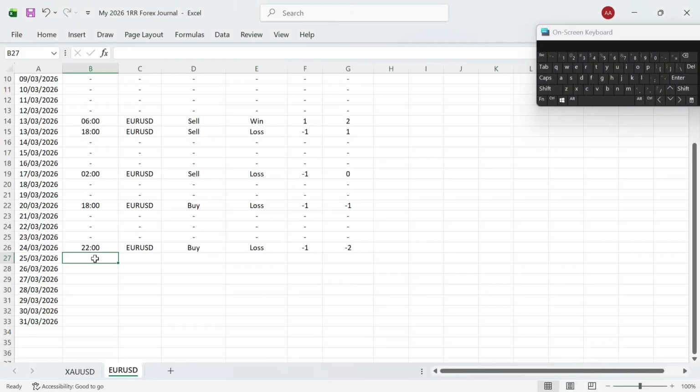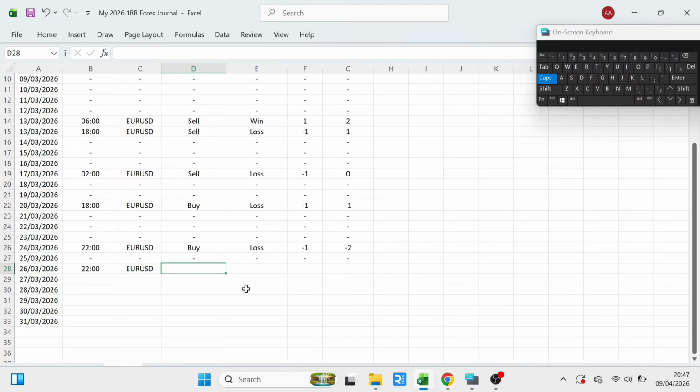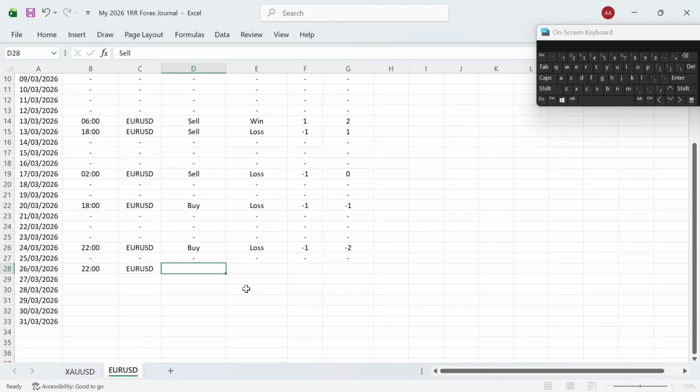So the 26th of March, 22.00. This was Euro USD. I think this was a sell. Yeah, it is a sell. I think this was also the one that sells we are leading this month. So this was a win one, and then